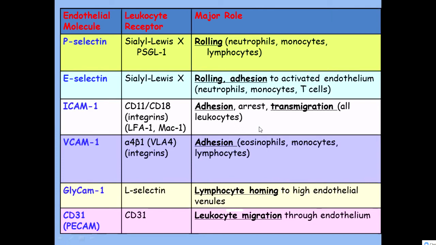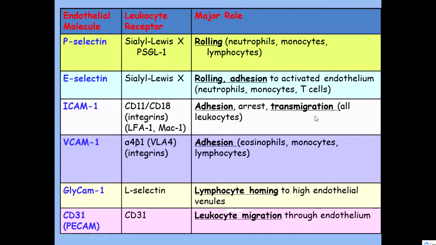So this same thing happens in the body. This process is called migration, transmigration. Both are same. And for migration, the most important molecule is PECAM. For getting the passport signed and sealed, we require ICAM and VCAM. They will cause adhesion. If they don't adhere to the endothelium, it won't open the gates. Okay?